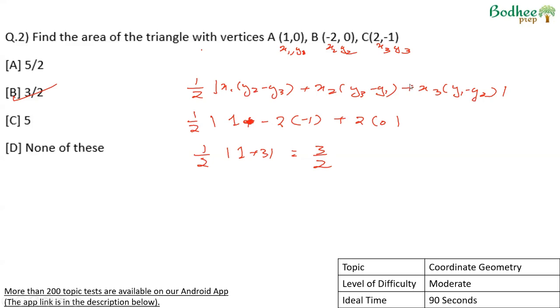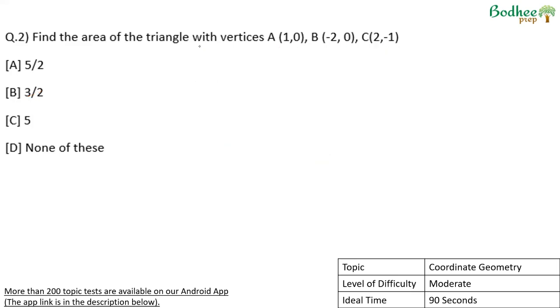Again, if I do not know the formula, what do I do? We can still use the distance formula to get the measure of each side, and from there find out the area. For example, here if you look at the vertices, A is 1, 0, B is minus 2, 0. So this is B minus 2, 0. This is A 1, 0. And then we have C 2, minus 1 somewhere here. So what we can do is we can find out the distance of the sides ABC,